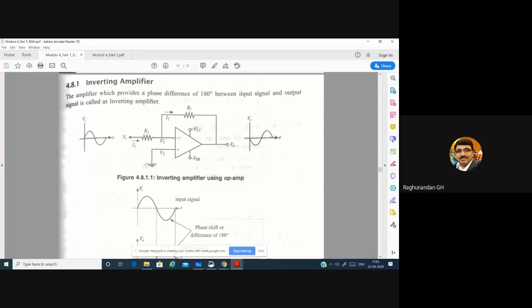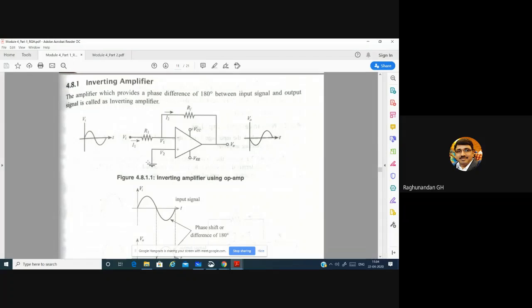So don't think that a virtual ground is applicable only to the ground terminal of the non-inverting. Whenever it is grounded, only during that time V1 will be grounded. It is also applicable when the non-inverting terminal is given a voltage. During that time also, you'll have the same voltage. Just remember, the node created at the inverting terminal will follow the voltage or the ground level that we have at the non-inverting terminal. This is known as the virtual ground concept.